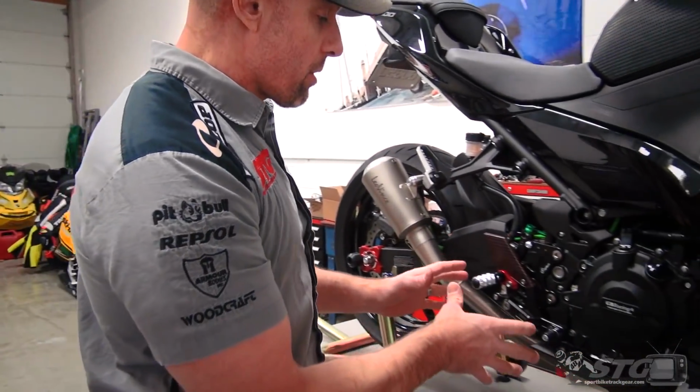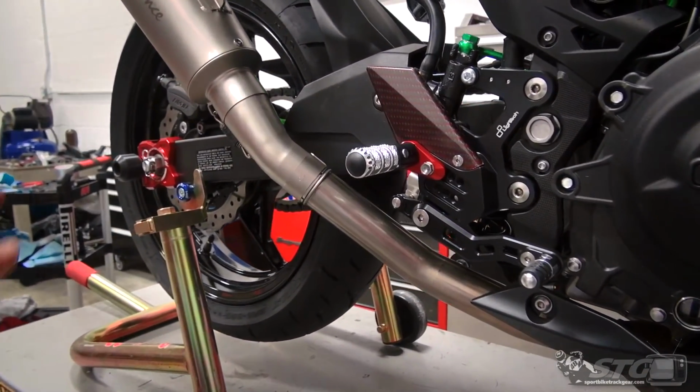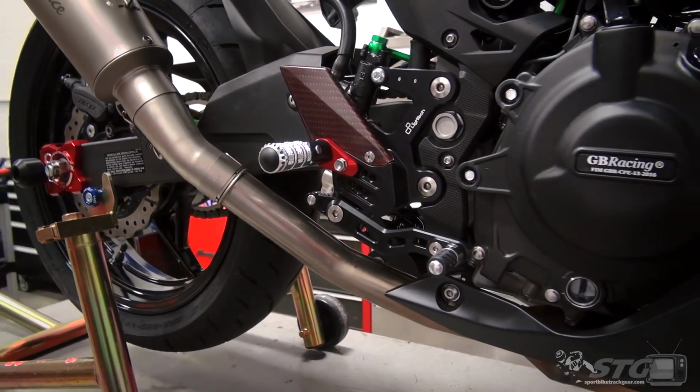Okay, LighTech rear sets. We already installed the Version R on the 2018 Suzuki GSX-R 1000R. I loved them. I loved riding them. I love the way they look on the bike. They're gorgeous: precision, fit, finish, feel. Really more of the same here for the Ninja 400. They come at a cost, for sure. At this point, I believe it's the most expensive pair of rear sets that we offer